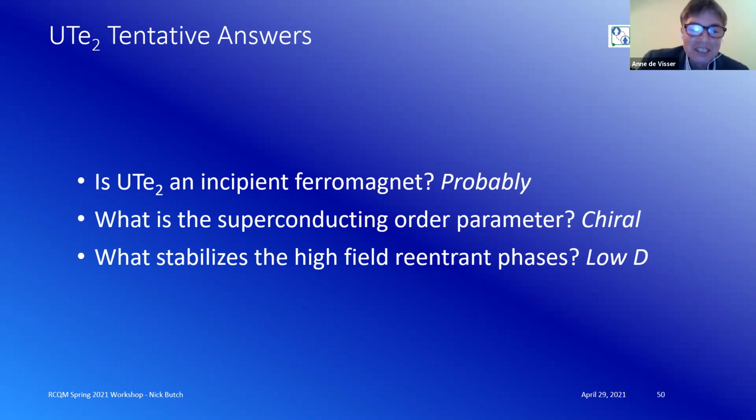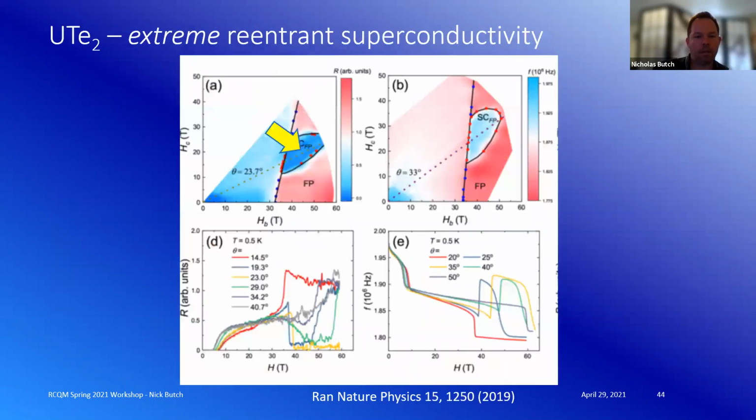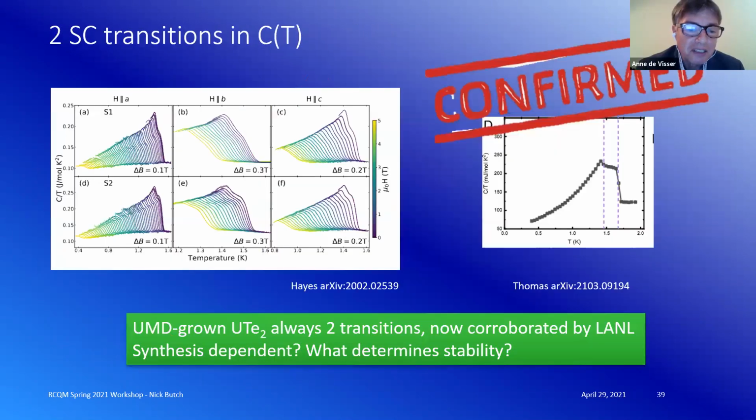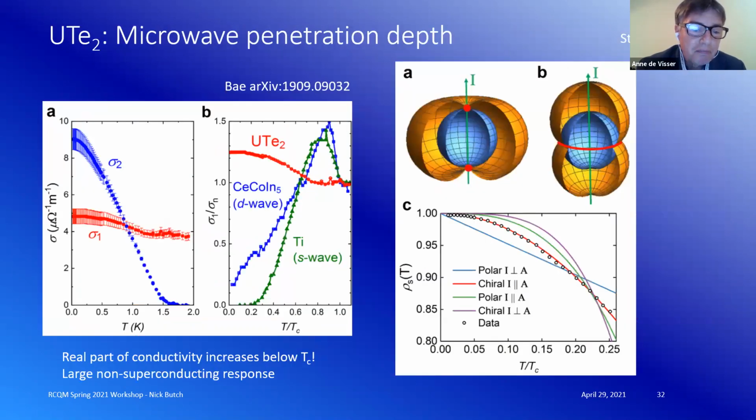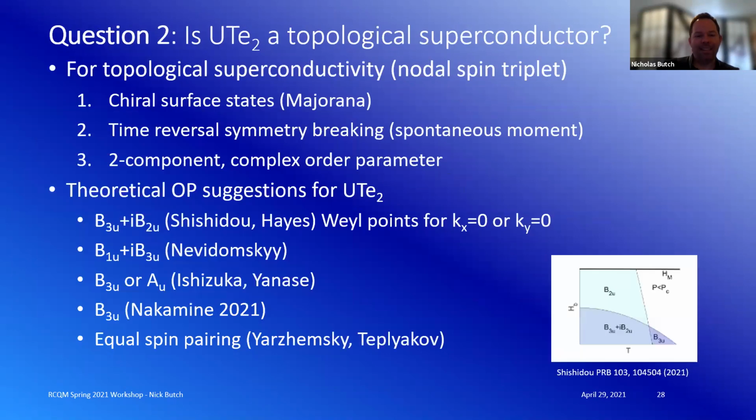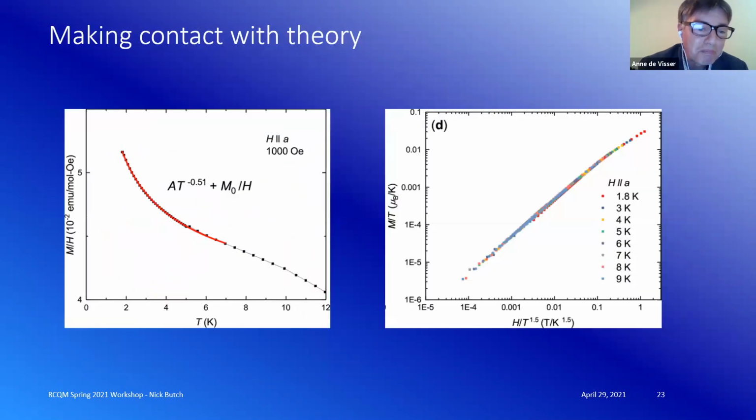Yes, indeed, I had a question. Thank you, Nick, for the nice presentation. I also had a question about your resistivity data, one of the first slides. For one of the directions, there is a pronounced peak, or a pronounced maximum. You did not comment on it. It looks like there is a kind of phase transition there. Do you see that in other properties?